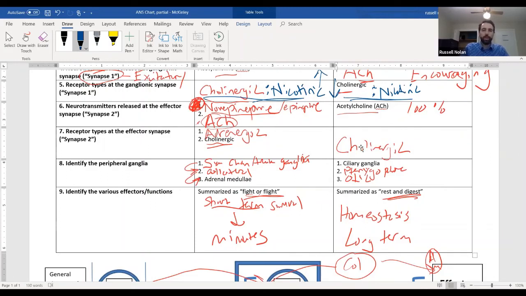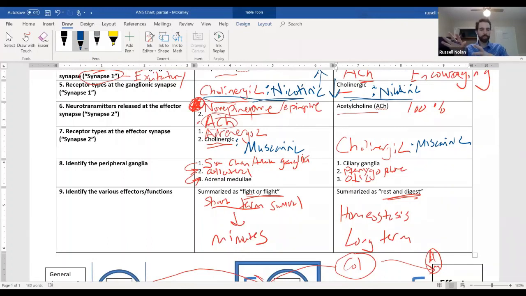When we jump down here to Synapse 2, let's look at the cholinergic receptors here. Synapse 1, the cholinergic receptors were nicotinic. Synapse 2, they are what we call muscarinic. Muscarinic receptors are known as muscarinic because they also bind a chemical called muscarine. Muscarine is the